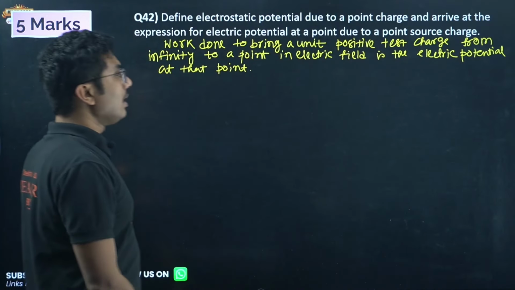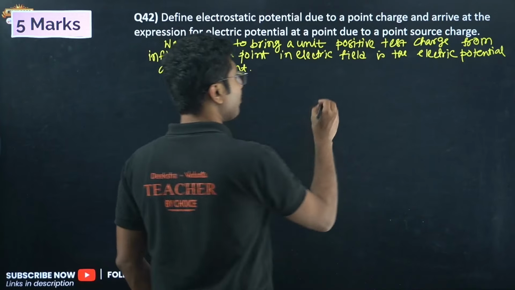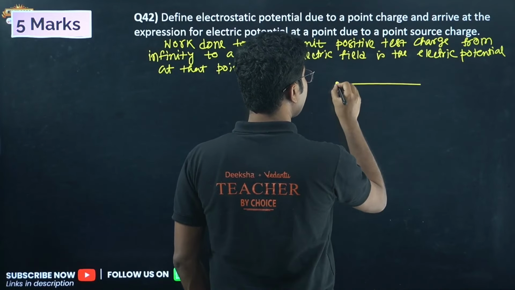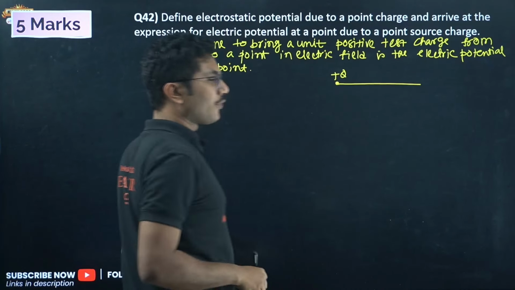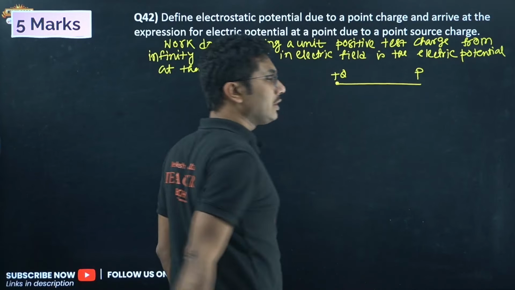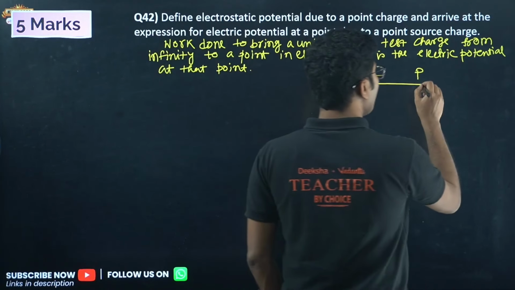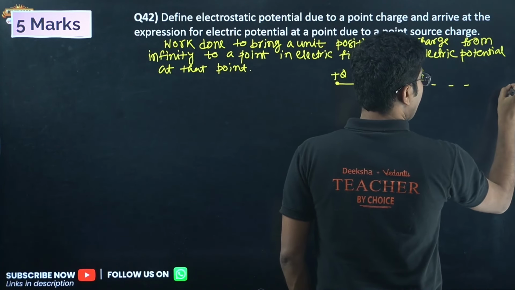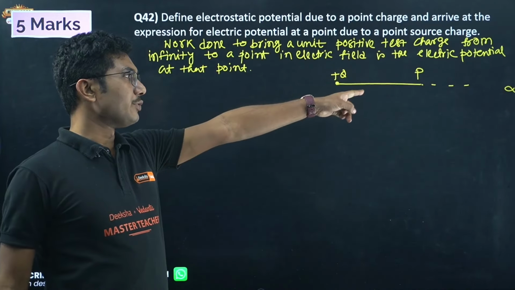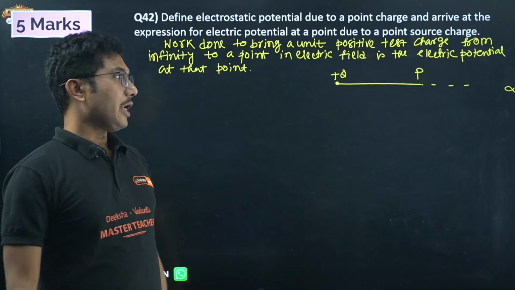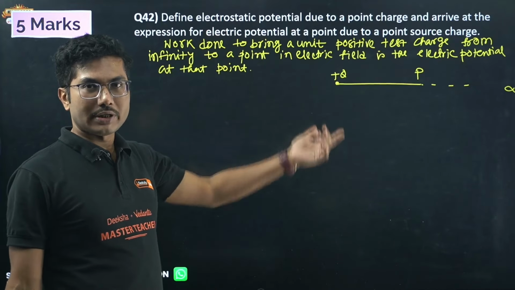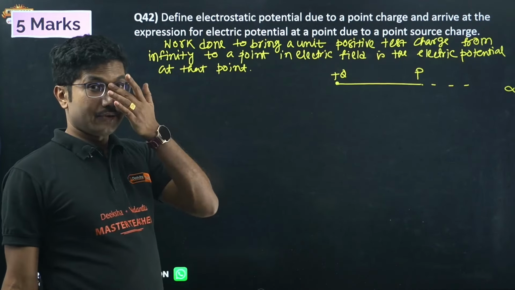Now we have to find the expression for it. This derivation is very popular in pre-board again. So here we have a point charge, say plus q, and we are trying to find the electric potential at some point, say P. To find the electric potential at this point, we have to extend it and go to infinity. We have to bring a unit positive charge from infinity to the point P and calculate the work done. Now infinity is beyond our control. Obviously infinity is bigger than anything that you can imagine, so it is something tricky.